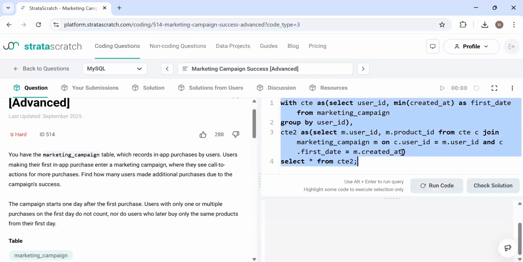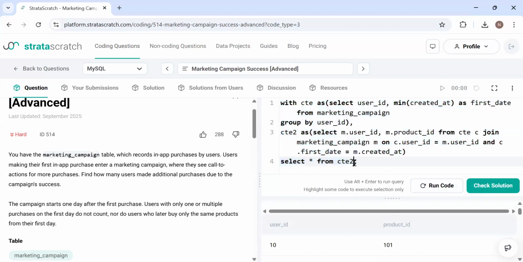Let's run this. We are getting the same table, right? Now we are going to find all of those products that got bought after the first day. It's very simple. We are going to do the same thing, it's just that the date is going to change. Wherever the date is not equal to the first date, those products got bought later than the first date, right? So let me show you what I'm saying. Here I'm going to write